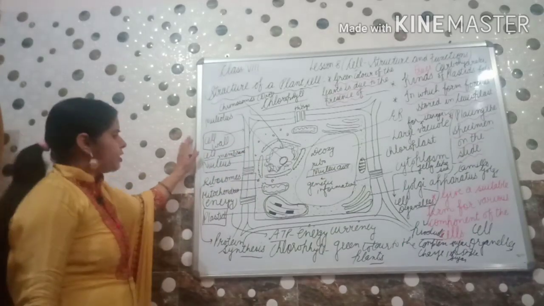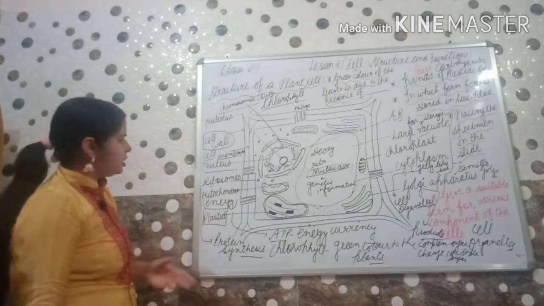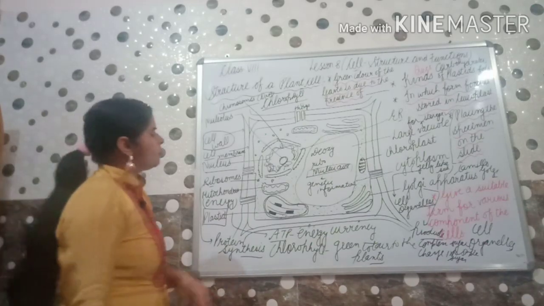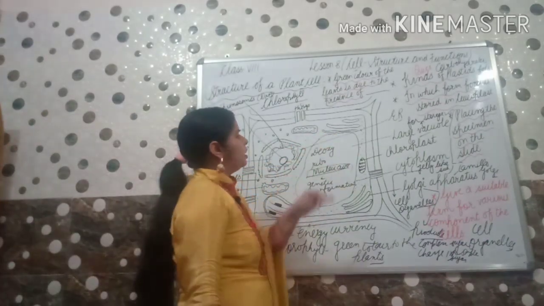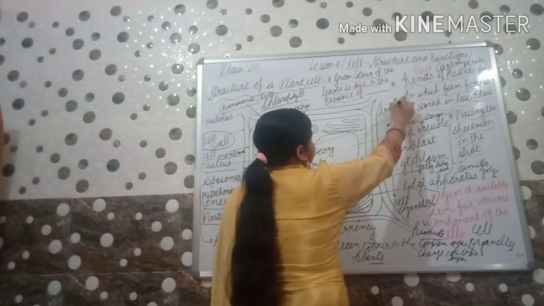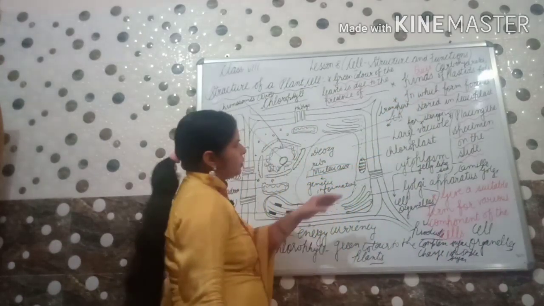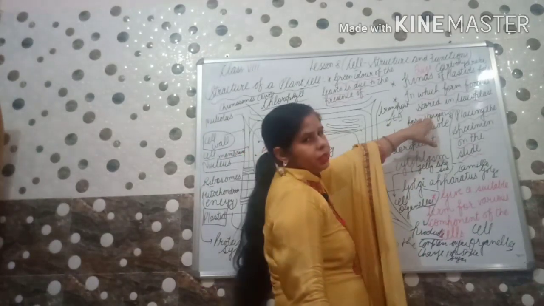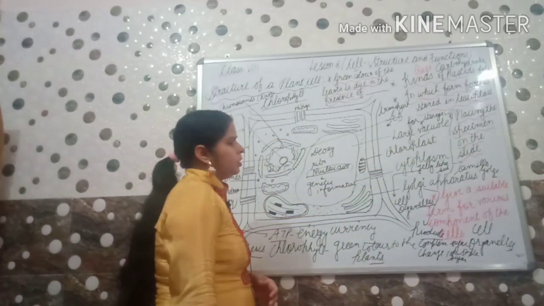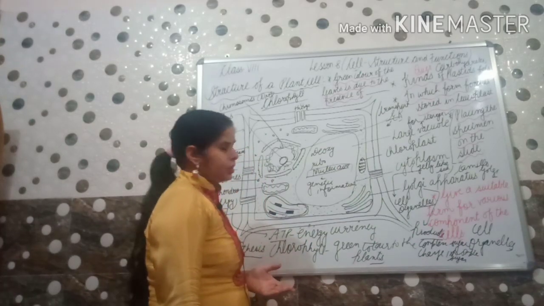Which are the sites of the protein synthesis. Mitochondria provide energy to the cell for their various activities. Plastid, it is the colored pigment which gives color to the plant cells. Next is ER, endoplasmic reticulum. It is there for the transportation. Large vacuole is there for the storage of the various contents for the cell. Chloroplast, which is having chlorophyll, and by that the plants perform their function, that is photosynthesis.